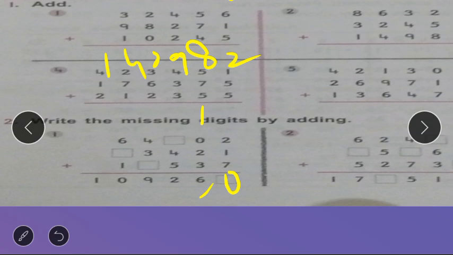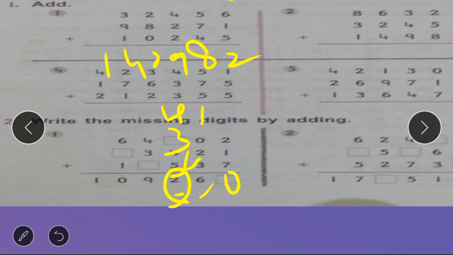Now the hundreds place I am doing. 4 plus 5, 9. So in 9, what will you add so that you get 12? Because 9 is more than 2, whatever you are adding should make it more than 9. So 4 plus 5 is 9. 9 plus how much will be 12, so that you can get 2 here? 9, 10, 11, 12. If you add 3 here, you will get the number 12 at the bottom.